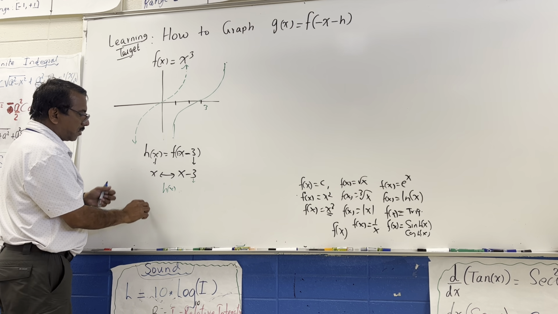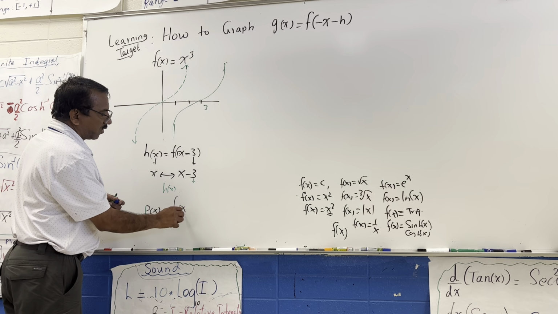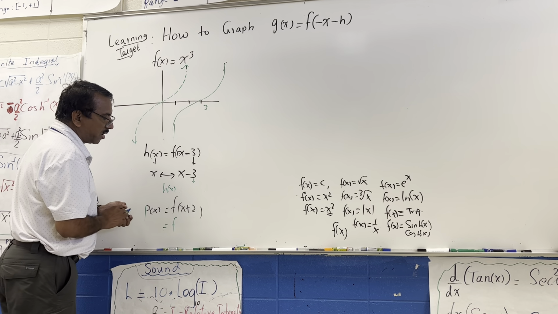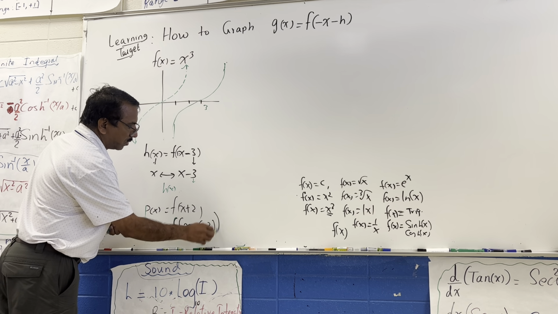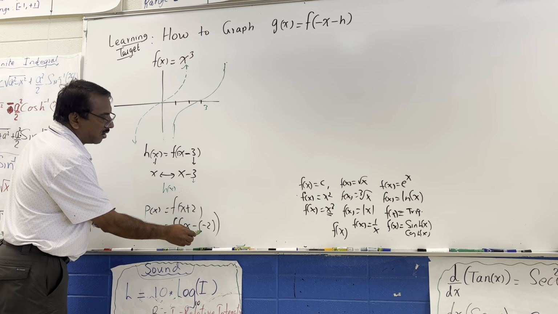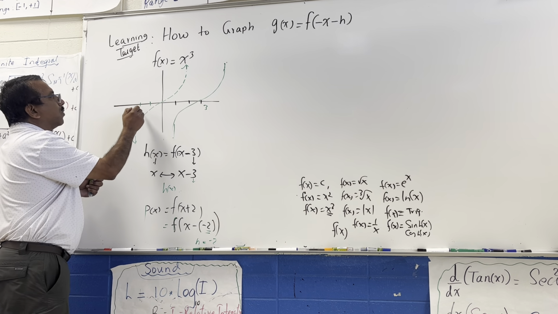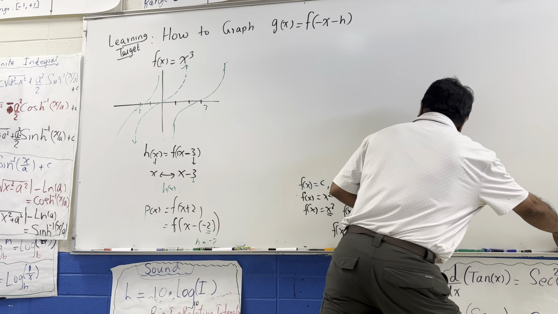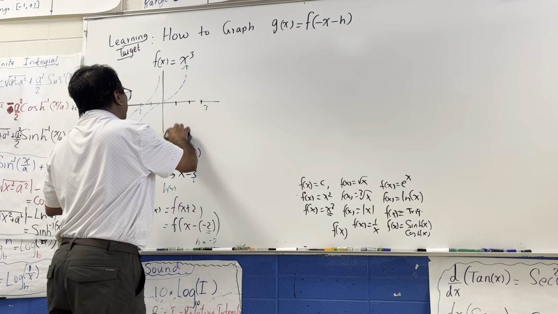But I can write another one, the p(x) graph, which is f of x plus 2. That is the same as writing f of x minus minus 2, where h right now is negative. So h is negative 2, which means shift 2 places to the left, and that's how we graph. But before I show the other one, what about